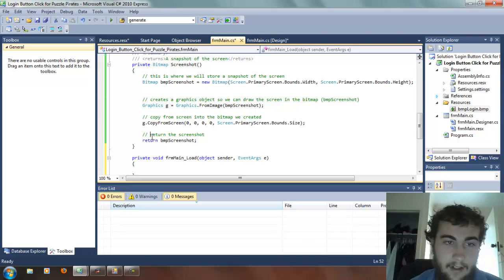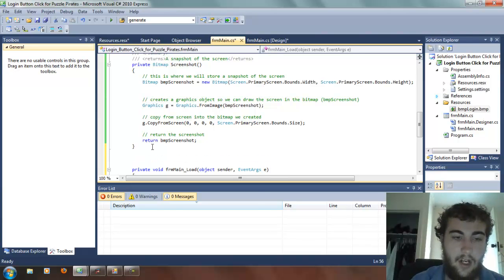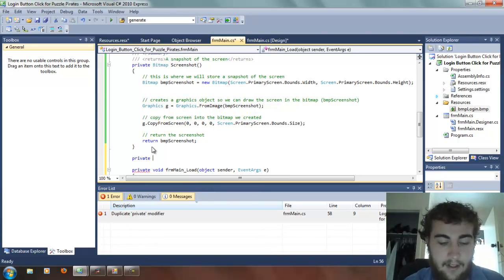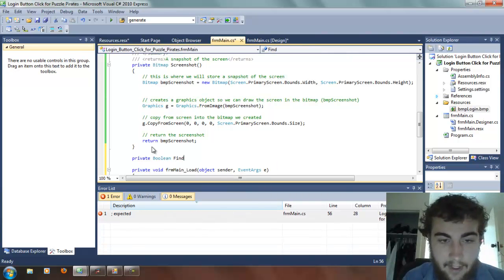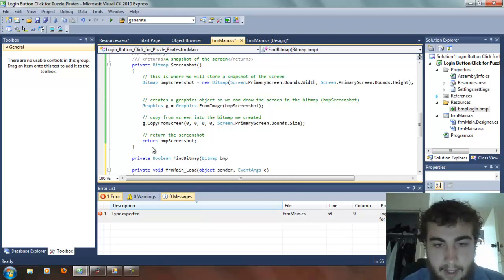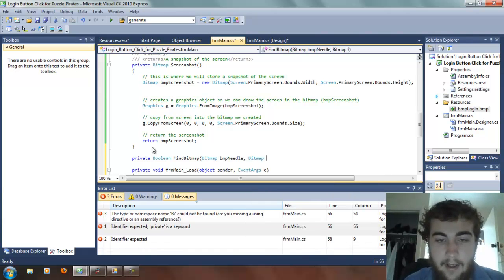function, and we're going to call this function private Boolean find bitmap, which means find image really, and the parameters will be BMP needle, bitmap, BMP haystack,